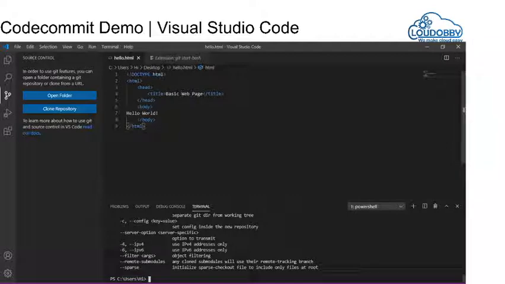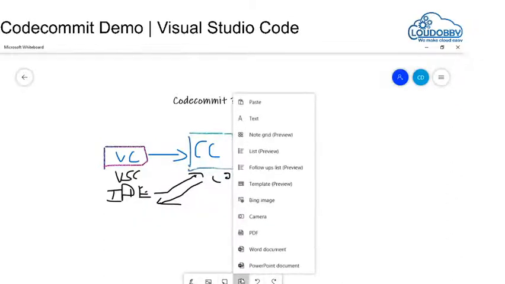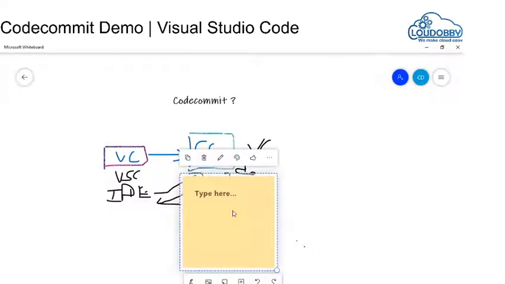One way, the first step is to create your repository. I will just make a note so it will be easy for you.